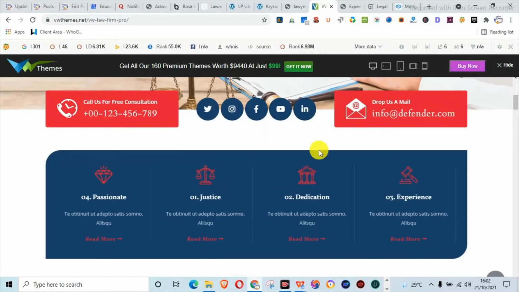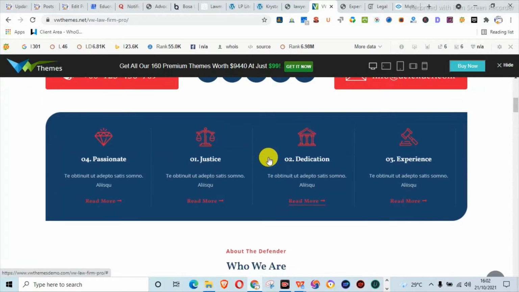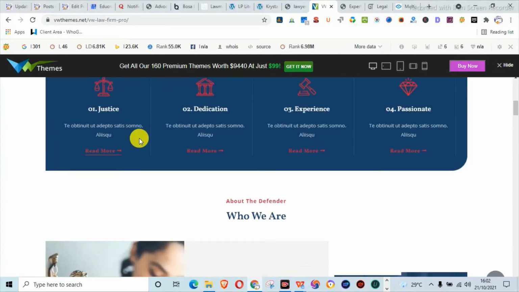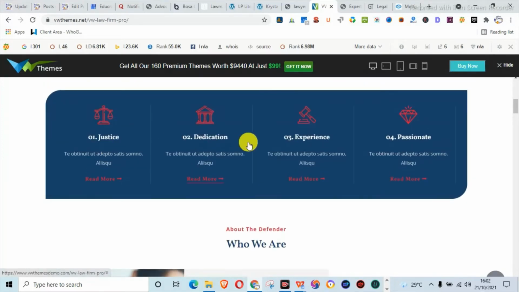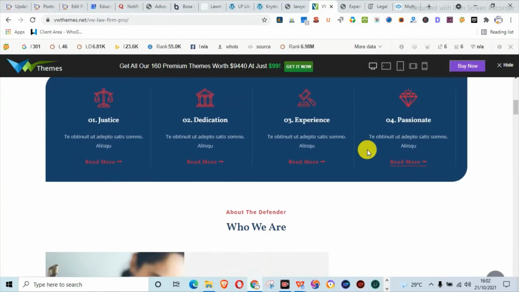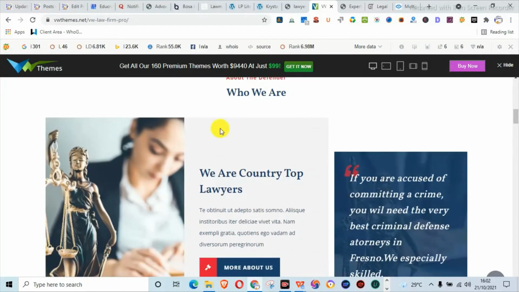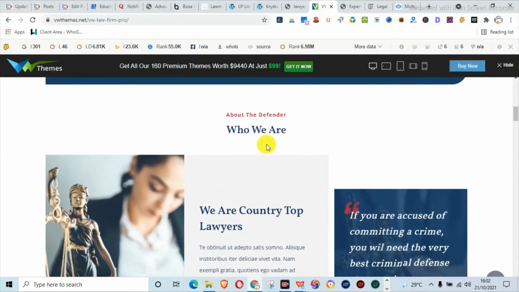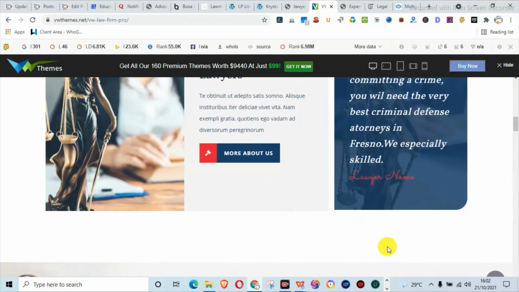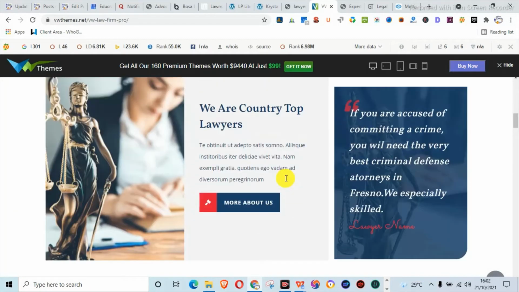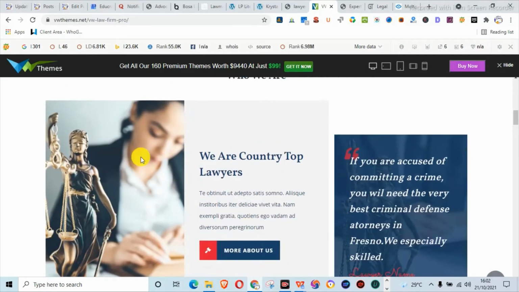Here you have your email address where they can contact you through email. So here you have your post that has to do with justice, education, your experience, and what you're passionate about. And here you can talk about you and your firm. So you can see there's a link here. It doesn't just end here. You actually have an about us page. There's a link where they can read more